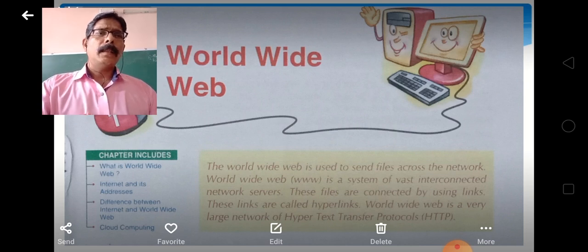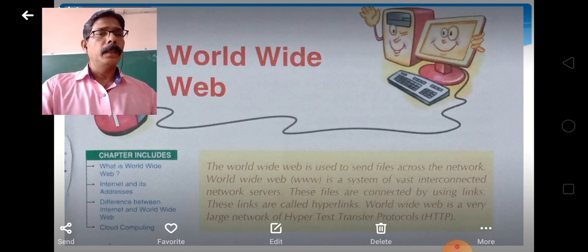So, what is World Wide Web? The World Wide Web, usually called the web for short, is a collection of different websites you can access through the Internet. A website is made up of related text, images, and other resources.